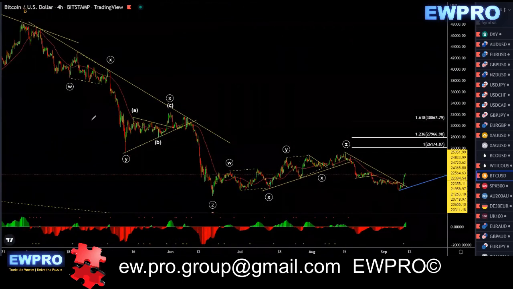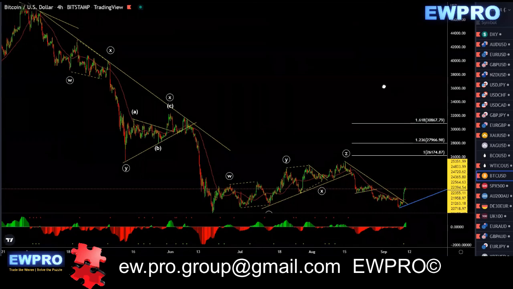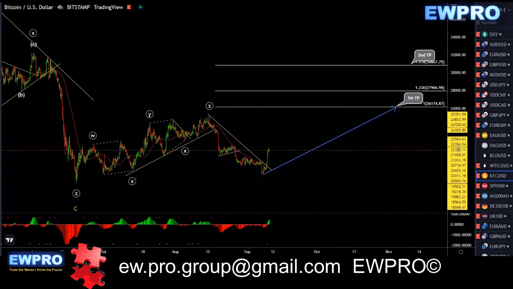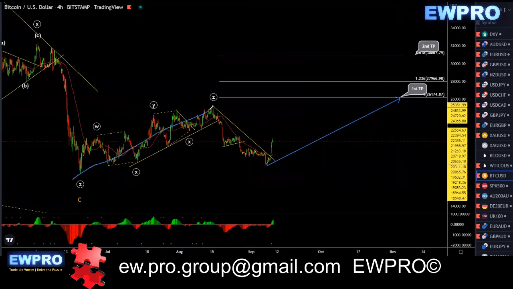We got that Z down. We didn't have any bullish divergence, so I was just looking for a correction for more downside. We got that more downside, and it's become more of a correction. So now what I'm looking at is, like I said last week, we can either look at that as a leading diagonal or corrective. Either way,